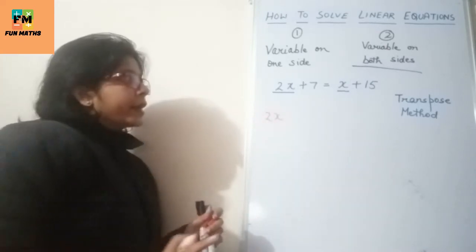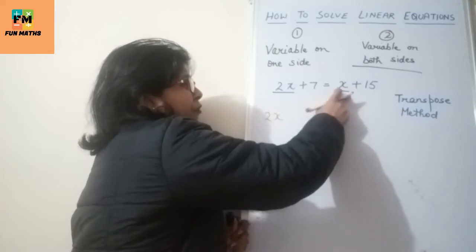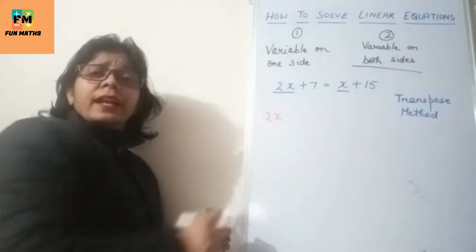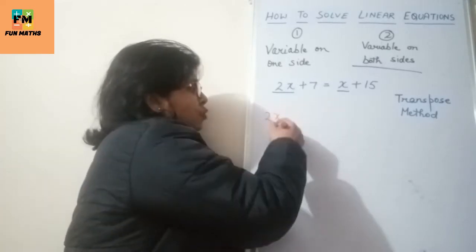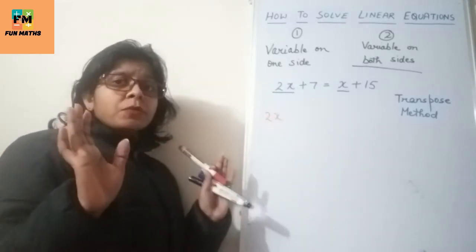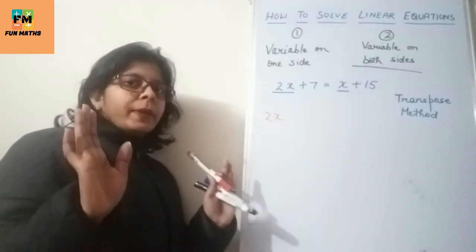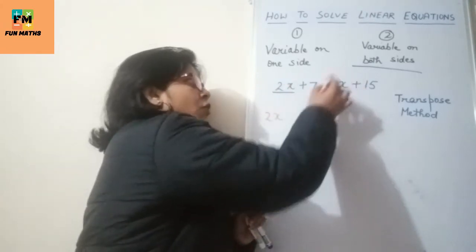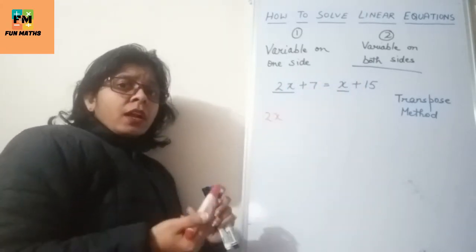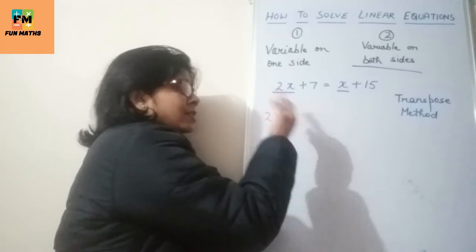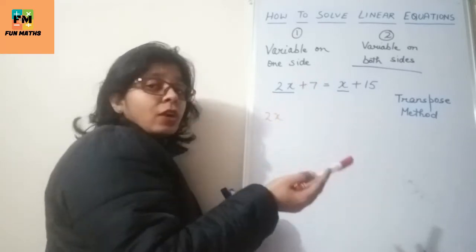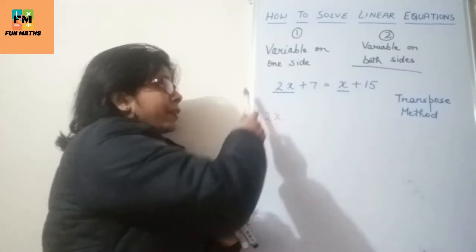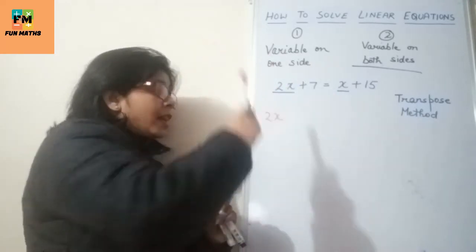No problem, right? Now, because we have to bring this x to left hand side, now what will happen? This 2x will say, I am not going to change my place. I will be here only. Alright, if you want to come, you come. Right? But you have to stay after me. You have to stay after me. You cannot, it's not like that x will come on the left hand side and x will stay first.